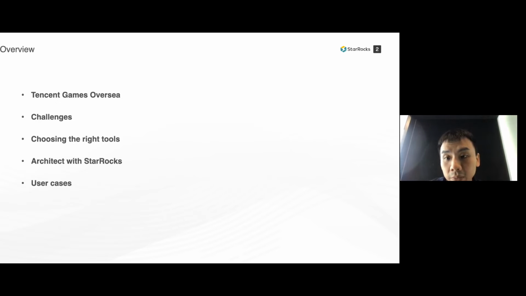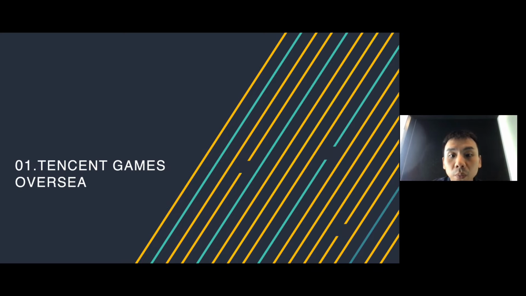Then I will discuss the challenges we encountered in 2020 and explain why we opted for StarRocks as our tool. Finally, I will describe how we construct the data pipeline using StarRocks and present some user cases highlighting its features. First of all, we introduced the Tencent Games overseas,